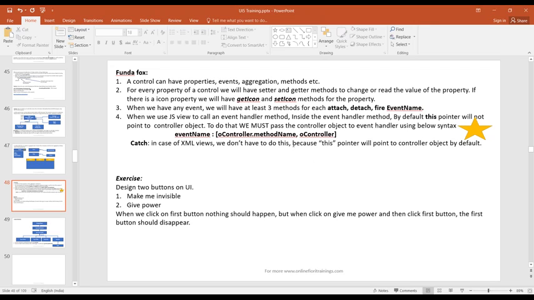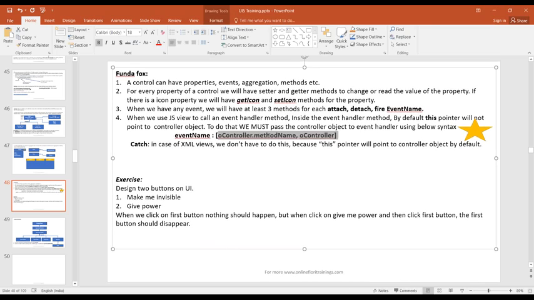Yeah. In XML views, when we reach there, I will show you how it changes in XML view. This is not required in XML view. In XML view, the this pointer will represent the controller object by default. You won't have to do this much drama there. It's easy in XML view. You don't have to do this drama. This drama is required only when you're using JavaScript code. Then this drama is required. Okay. But this drama is really needed actually